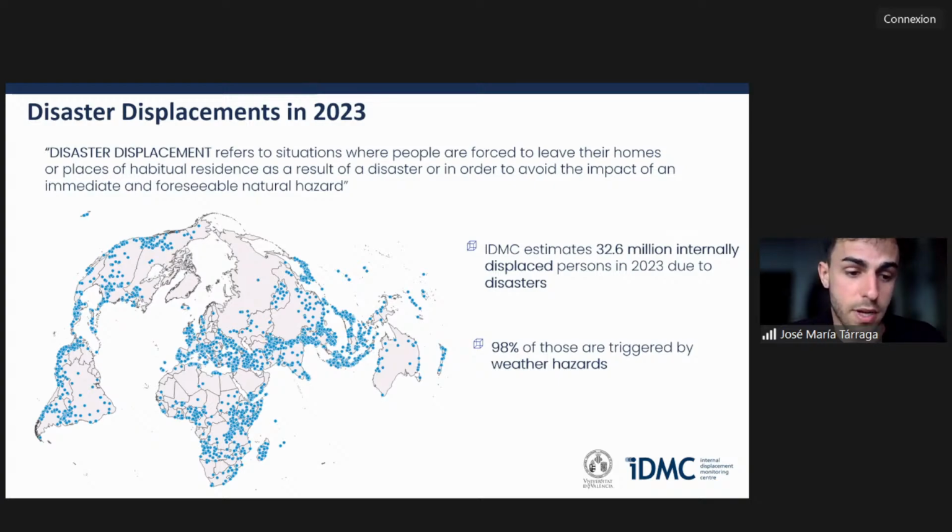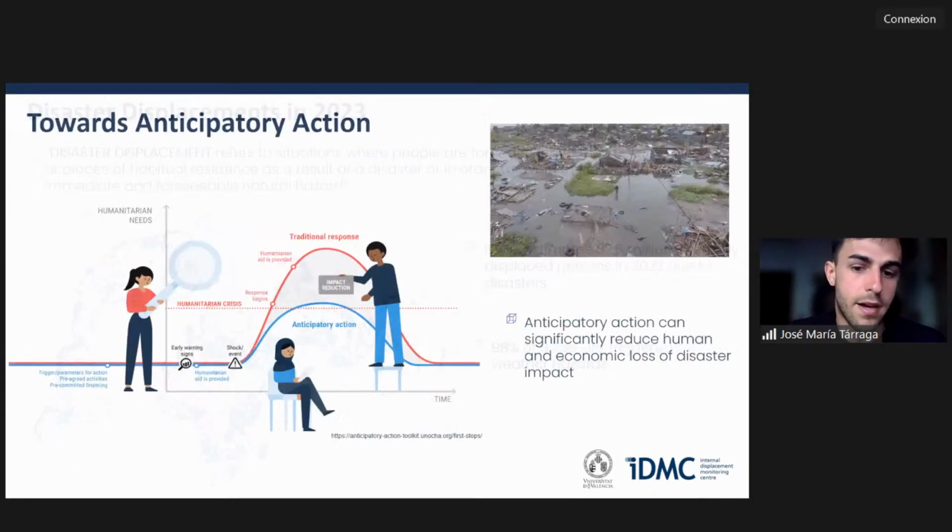We also have to take into account that of all disaster displacement events, 98% are triggered by weather hazards, and they pose very severe economic and human consequences for the people that are not prepared in these situations. So there is this huge framework that has been recently pushed in the humanitarian and anticipatory action setting. And there are a lot of papers and methodologies saying that anticipatory action can actually help mitigate human and economic loss in the